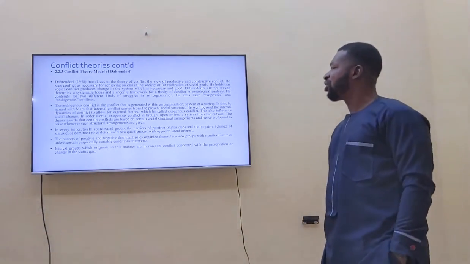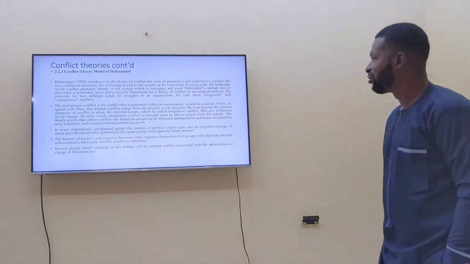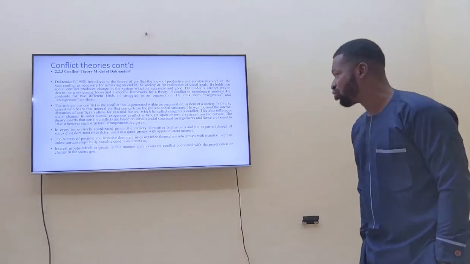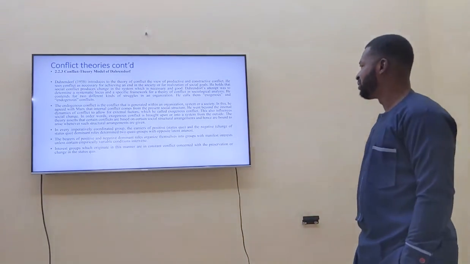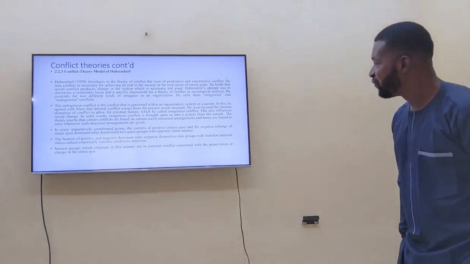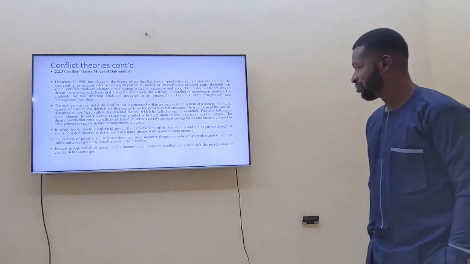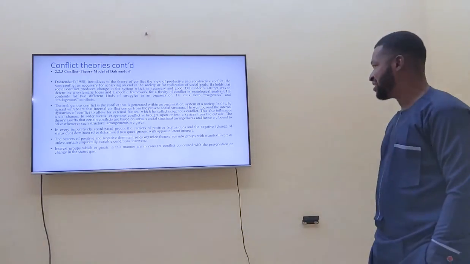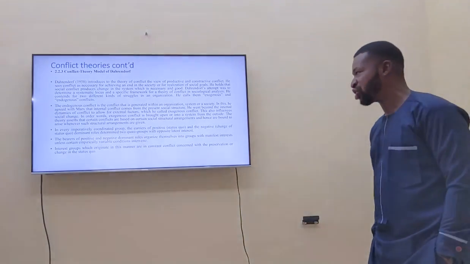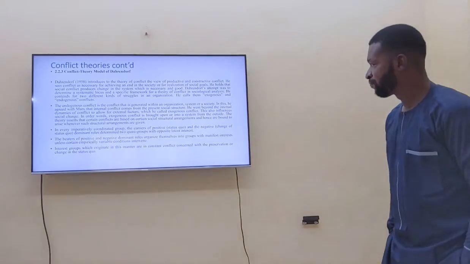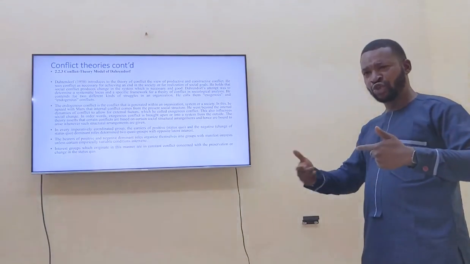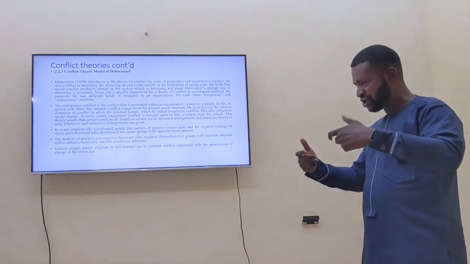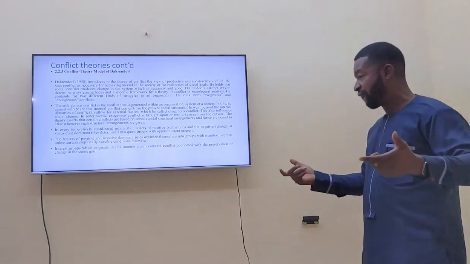This one is the conflict theory of Henry-Randolph. In 1958, Henry-Randolph introduced the theory of conflict that views conflict as productive and constructive. He sees conflict as a necessity in achieving any end or in realizing any social goal in society. He believes that for a change to happen, there must be a contention. And what is contention? Contention in the long run is what we call conflict.